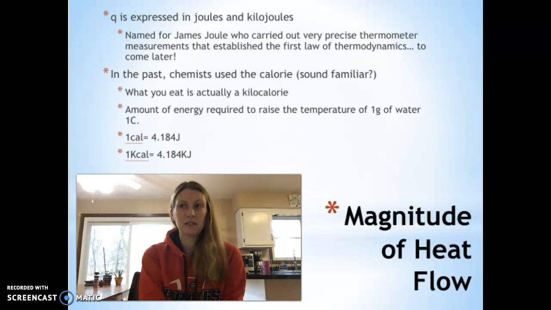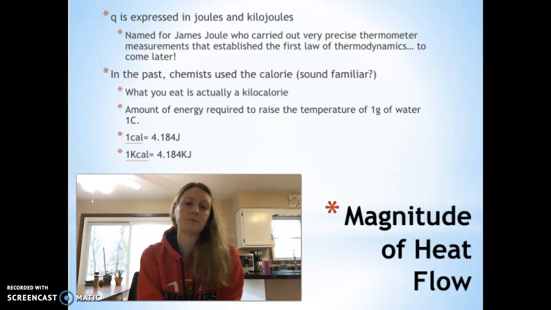Q is typically expressed in joules or kilojoules. It's named for James Joule, who carried out some very precise measurements and established the first law of thermodynamics, which we will be coming up to probably not this lecture or the next one, but the one after that. So in the past, chemists used to use what we call the calorie, which should sound